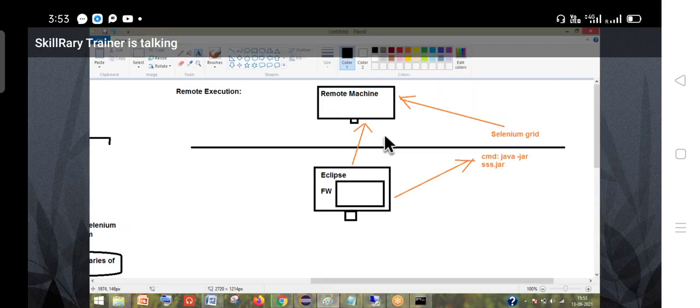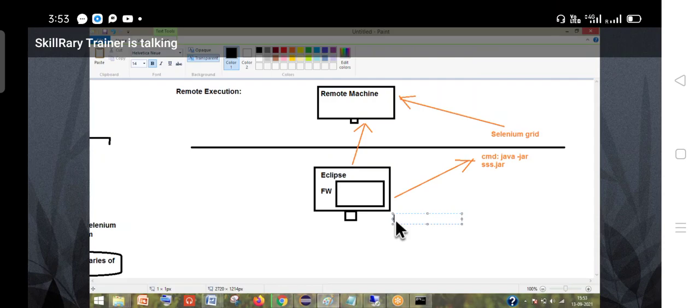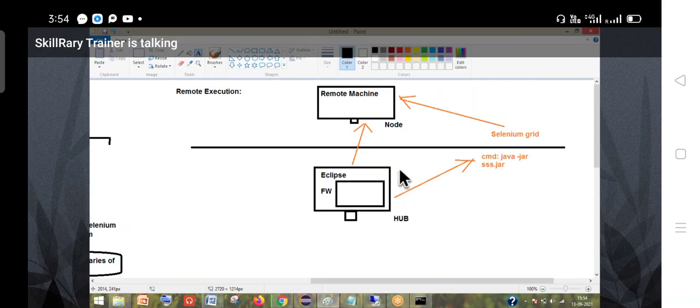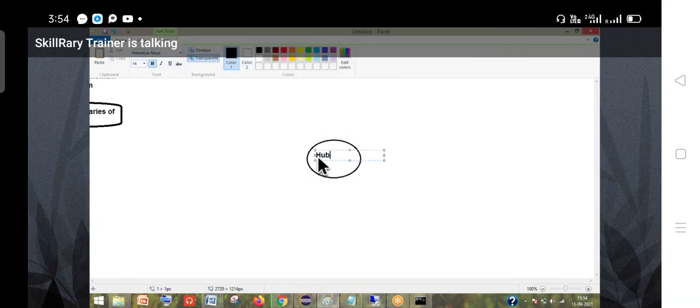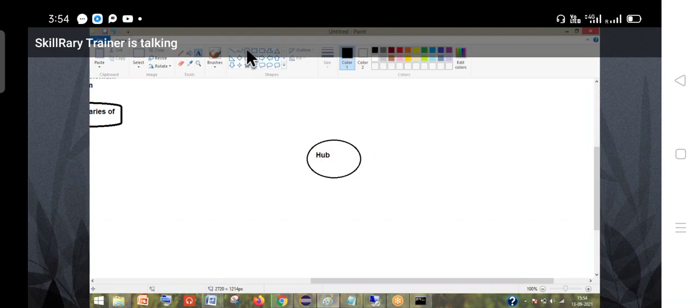Okay, so basically what is happening here is I am trying to configure this local system as my hub, and this is my node. Now what is this hub and node configuration? Do you know master slave architecture? Anybody? Master slave architecture? Okay, always remember one hub